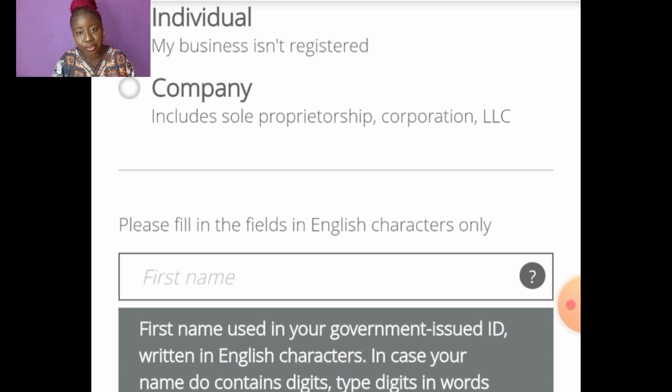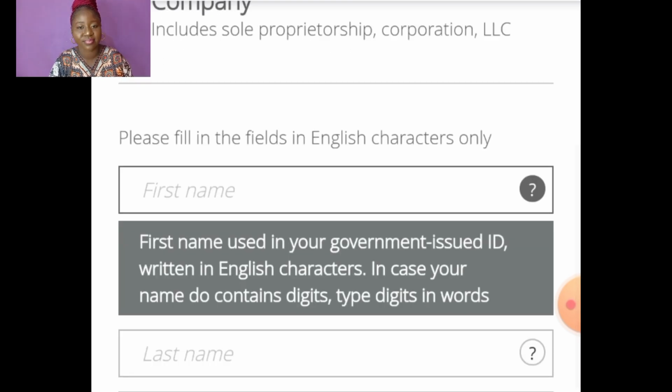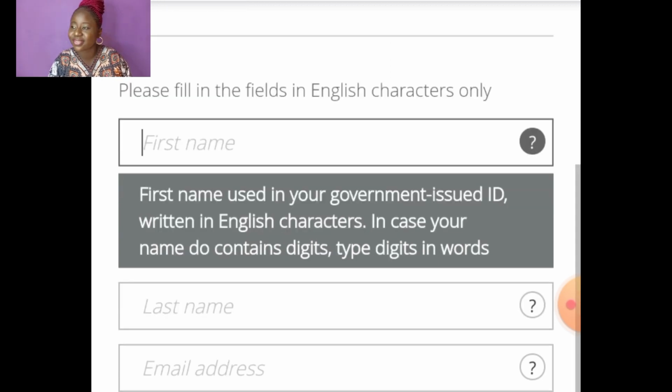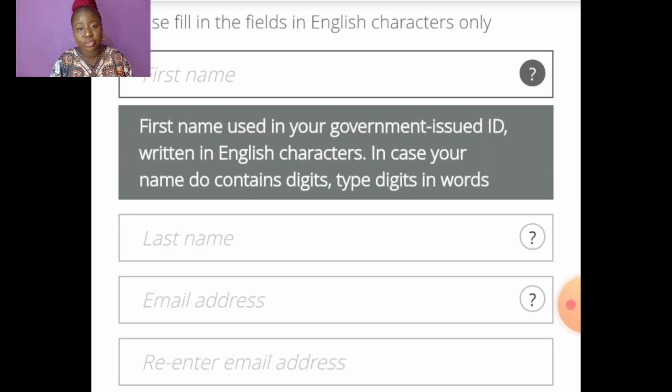If you're bearing something like Funke Sikiru, you understand? Or you're bearing something like Funke Ngozi Salisu. You understand? If that is the name you have on your bank details,